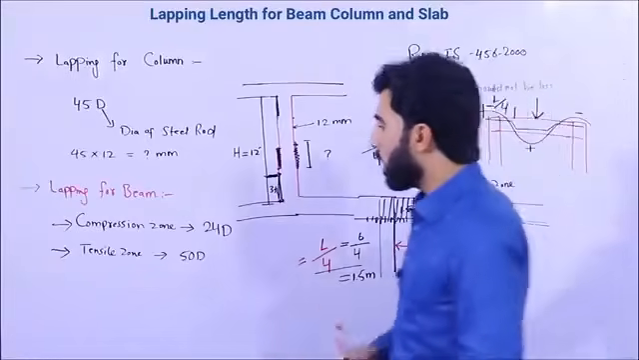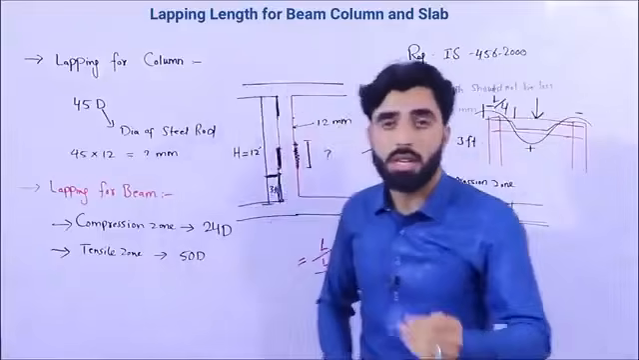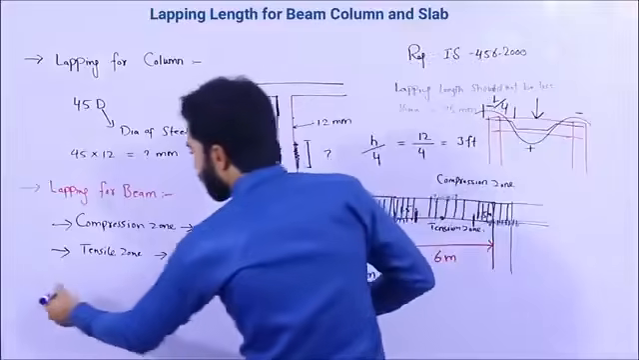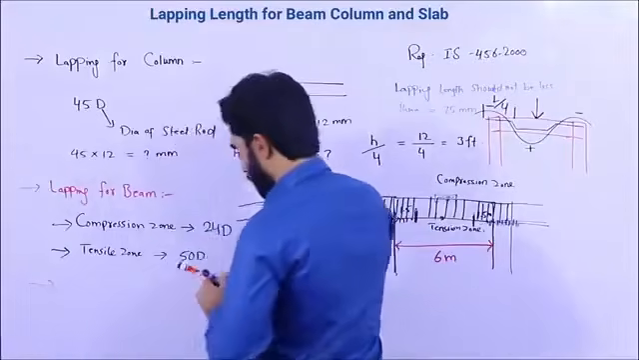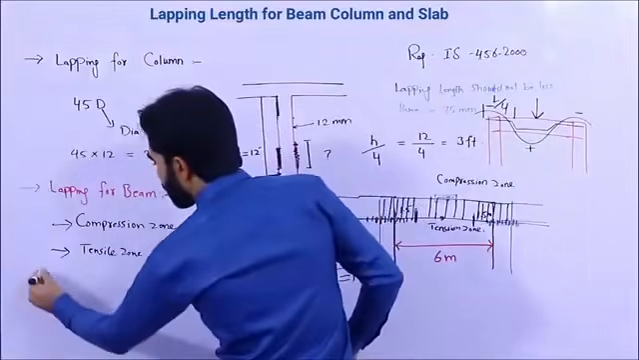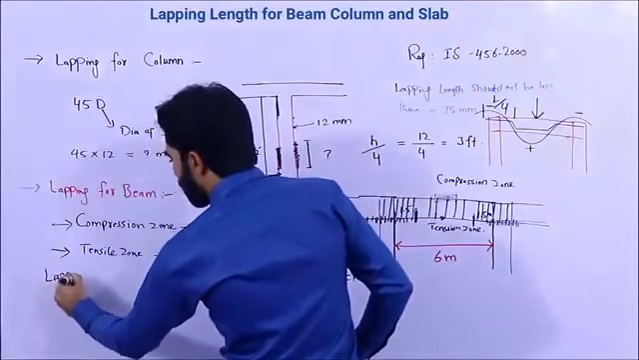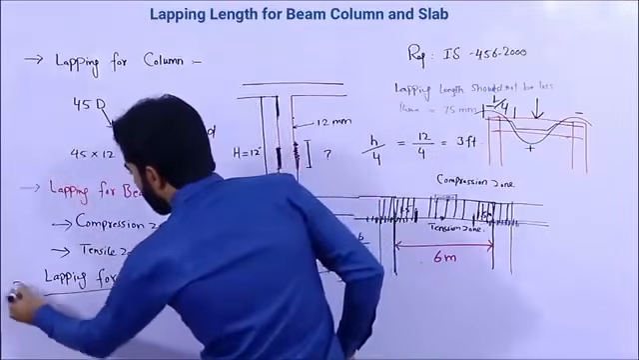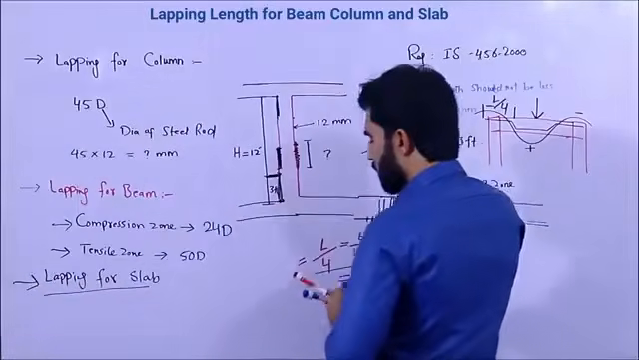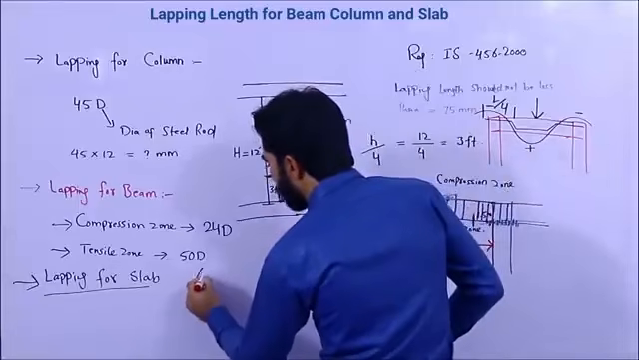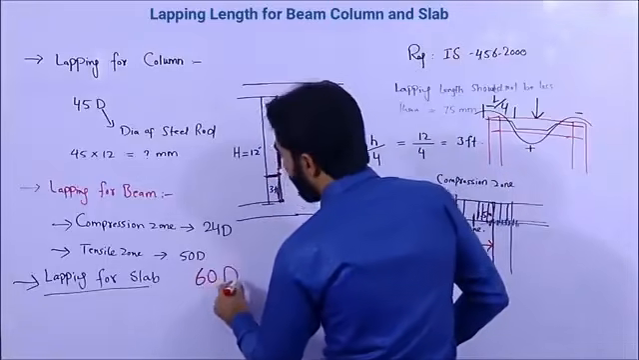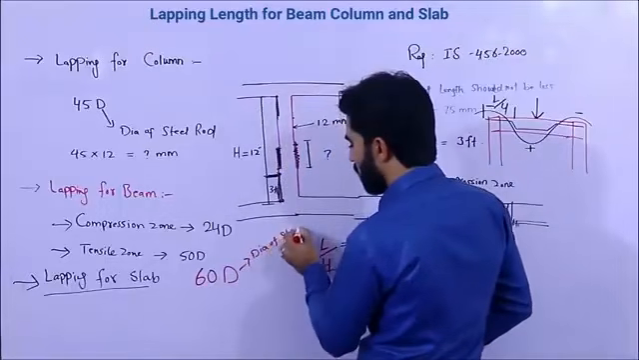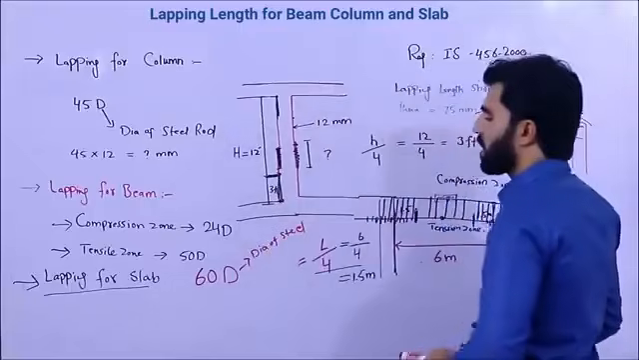So now lapping for slab. Lapping for slab is the last one. The formula is 60D, again where D is the diameter of the steel rod. So in a slab, where is the place to provide